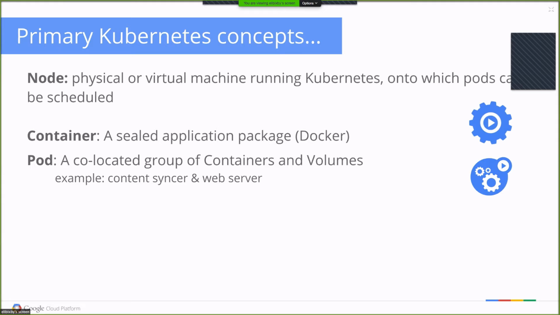And the pod is the atomic unit of scheduling for Kubernetes. So if you have a group of containers that you want to make sure are always brought up and brought down together, you co-locate these in a pod, and this is the object that Kubernetes addresses when it's scheduling. So you don't talk about single containers, you talk about pods, which are groups of containers that operate together. Think of a pod of dolphins.